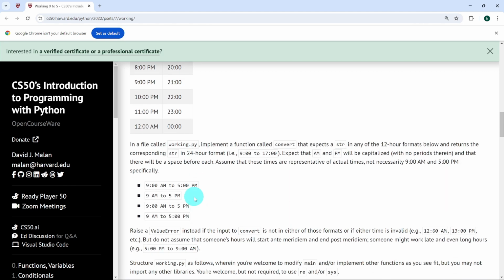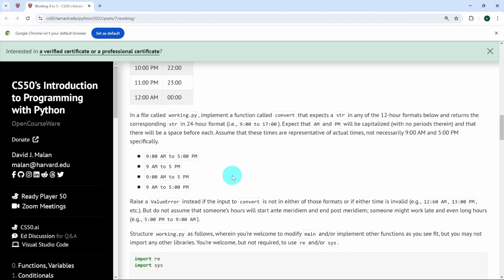And after that, in a file called working.py, we're expected to implement a function called convert that expects a str in any of the 12-hour formats below and returns the corresponding str in a 24-hour format. And expect that AM and PM will be capitalized, no periods therein, and that there will be a space before each. Assume that these times are representative of actual times and not necessarily 9 a.m. and 5 p.m. specifically. So these are samples of valid time formats: 9:00 AM